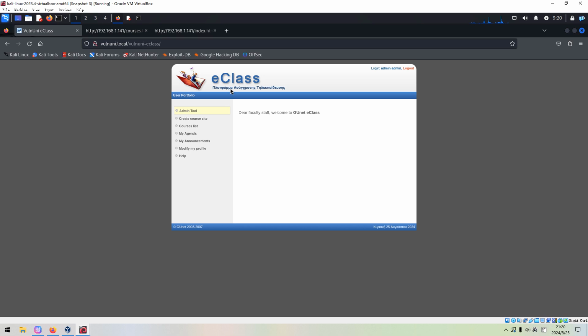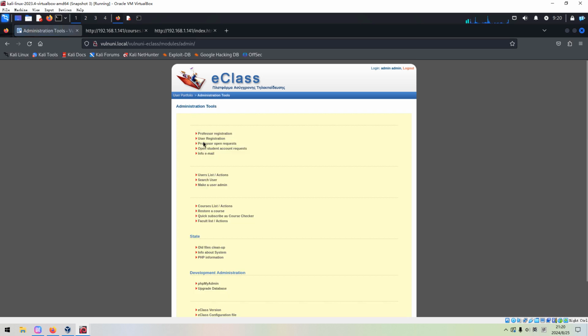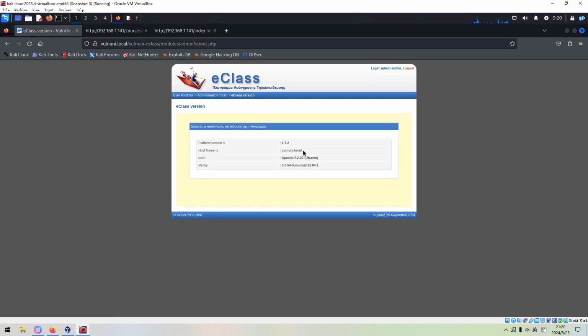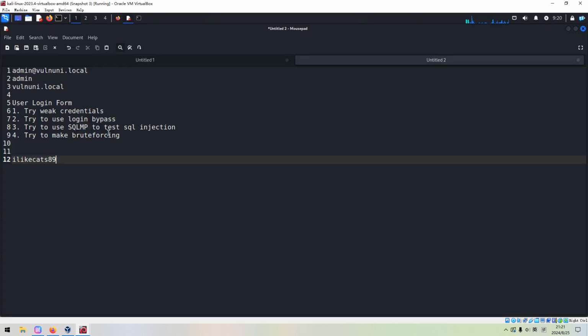I think this should be some sort of CMS. Later we need to check whether this e-class has vulnerabilities or not. So, admin 2, and there are so many functions. At the bottom, you can get the version information. I think this should be the version number, so we can copy it and paste it over here.